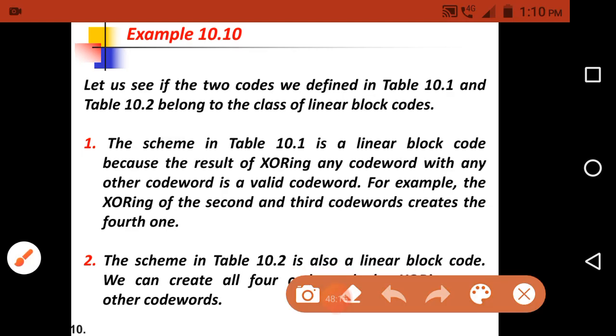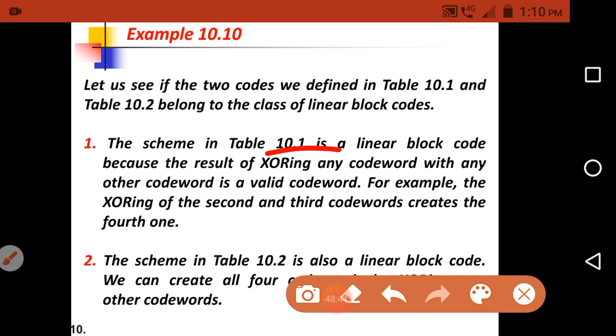Okay. As I have already mentioned in the previous part where I discussed the minimum Hamming distance, you have to refer to that particular table, and you can perform the XOR operation between the code words. Okay. And the XOR operation between any two code words creates another code word that is already present in that particular list.